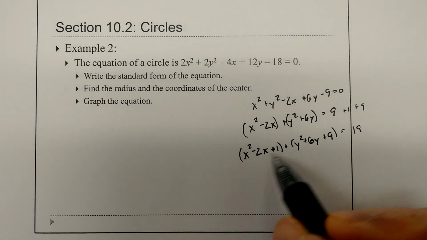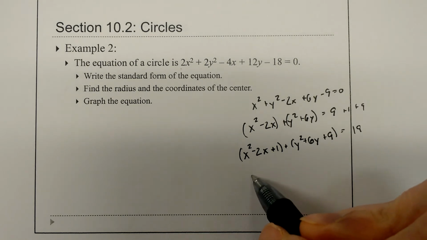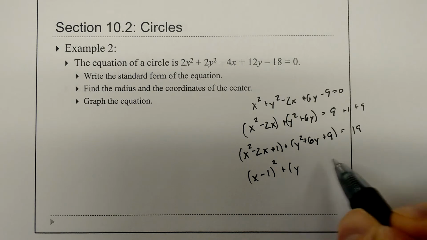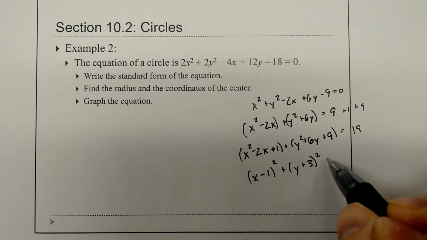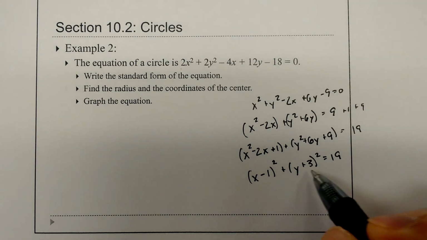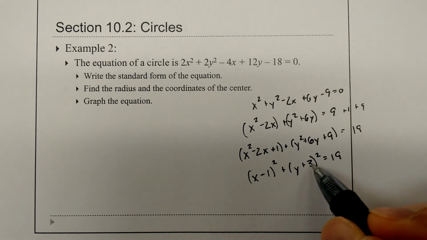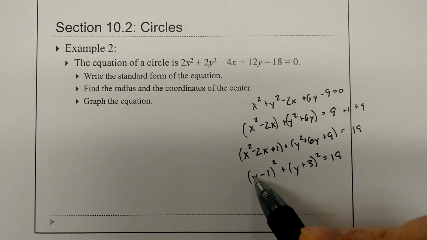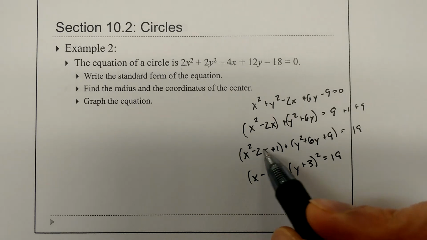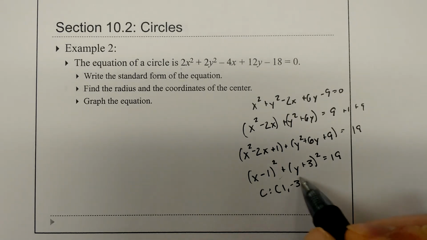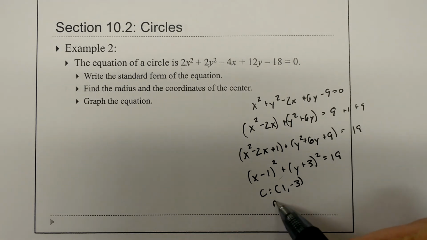These are now perfect square trinomials, so they will always factor as half of the middle value, two copies of it, which is why you get the squared. If you think about reverse forming this, you'll have y times 3 and 3 times y gives you 6y, and 3 times 3 is 9. X times negative 1 and negative 1 times x gives you the total negative 2x. So the center for this is at 1 comma negative 3. It's the opposite here. The radius is the square root of 19,